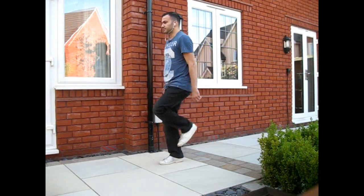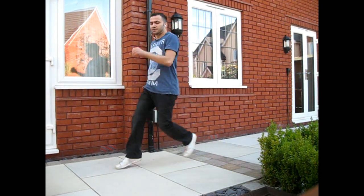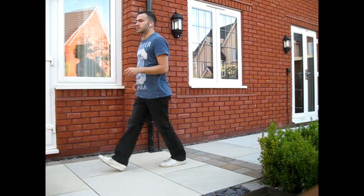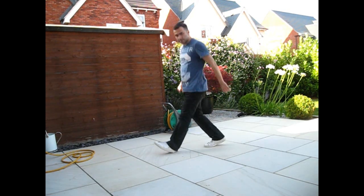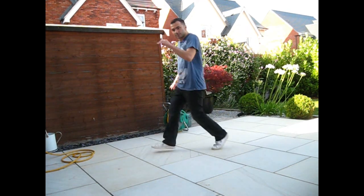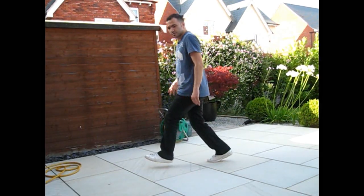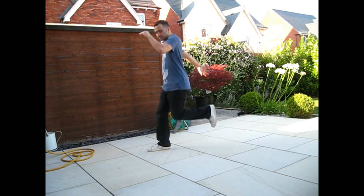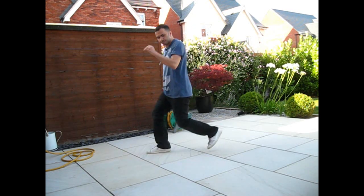The first variation that I showed you last time was this one. Now, how to do this? As you've done your steps, this is your standard running man steps that we covered last time. And then once you get to this point, you do this kind of movement, 1, 2, 3. You do 1 forward, and then 2 back, and then 3 forward again. If it's hard to get into that kind of different rhythm,